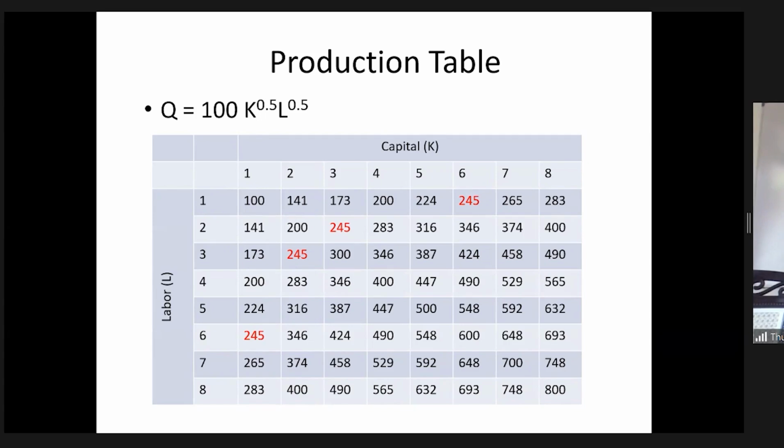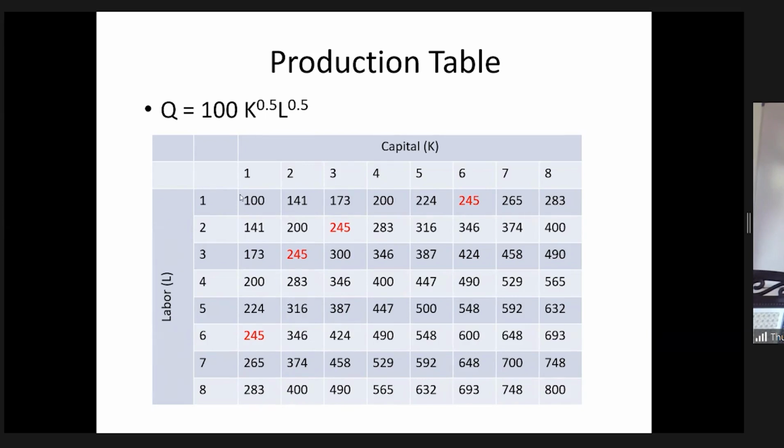Simply, if you are mixing one capital and one labor, what is the level of output? It is 100. And if you are mixing 2 and 2, 200. So if you look at this number, this is known as